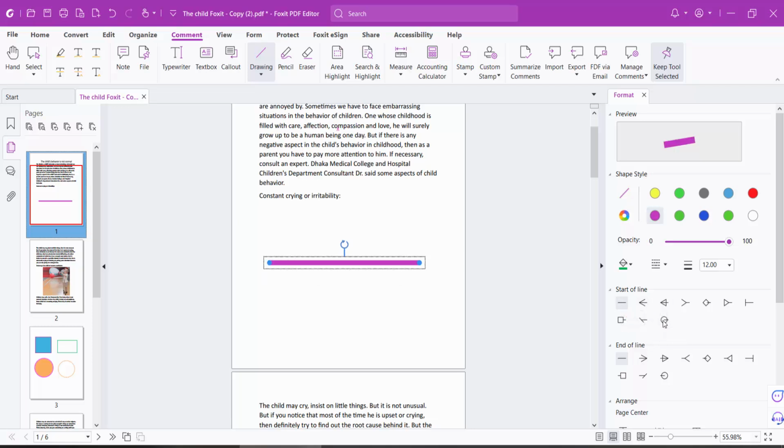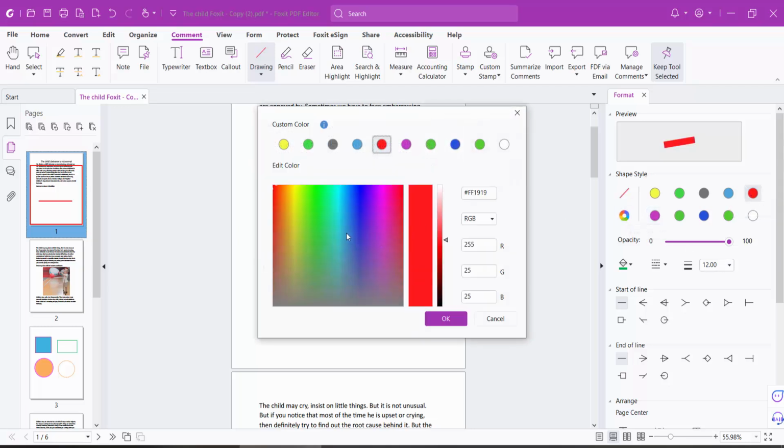Also you can add round and this one and so on. I'll make it a simple line, and here you can see the line color, and this is a custom color you can add